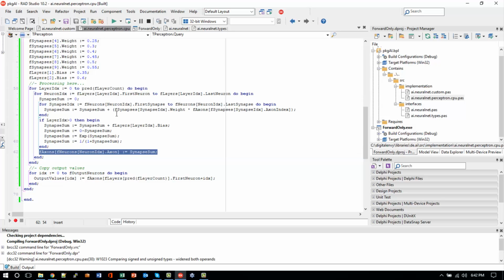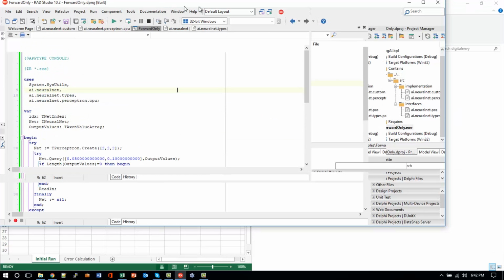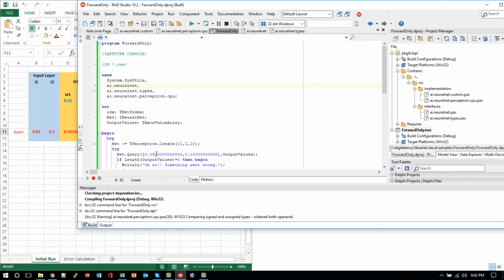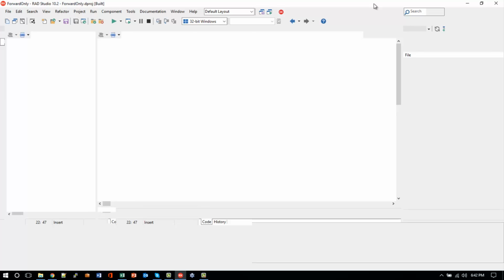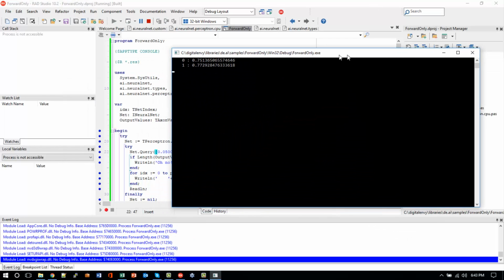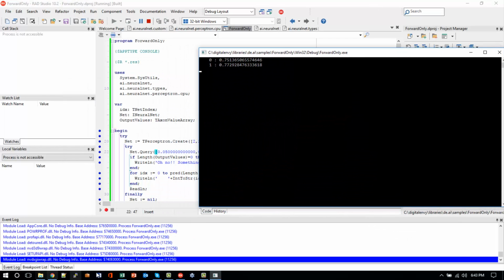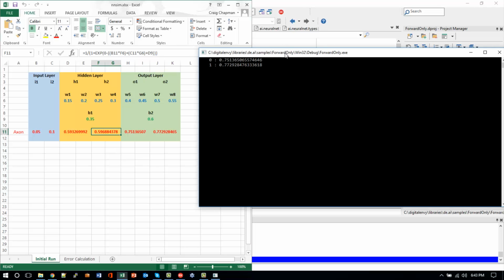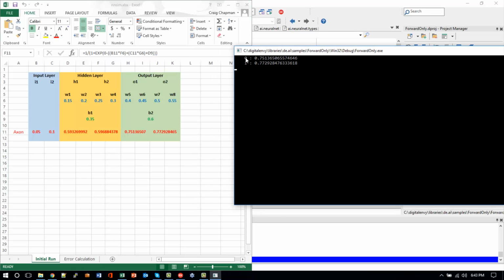The second problem I found was actually a rounding issue. So in our forward-only example here, I just stuck a bunch of zeros on the end of the input values, and with those two changes, let's go ahead and run the program up, bring it over the side here, and pull up our spreadsheet. You can see here that the first output layer neuron reads 0.751365, 0.751365, and then we